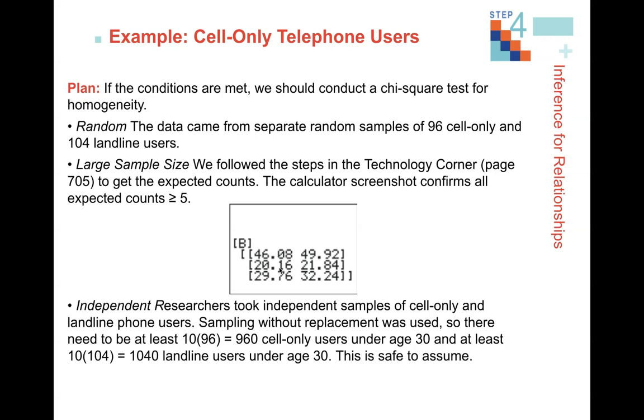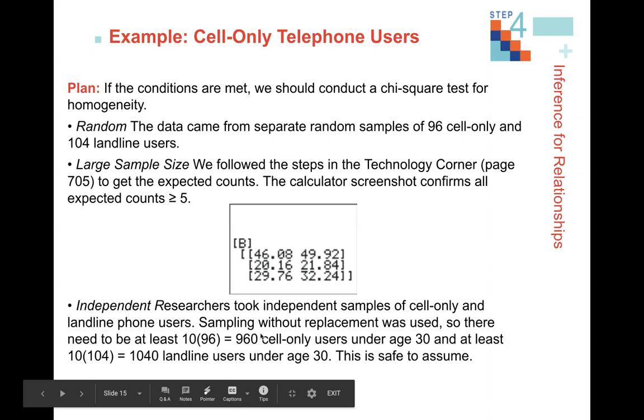Okay, so to get each one of these, row total times column total divided by total. That's how you get the expected counts. Okay. The independent condition. Researchers took independent samples of cell-only and landline phone users, sampling without replacement used, so there